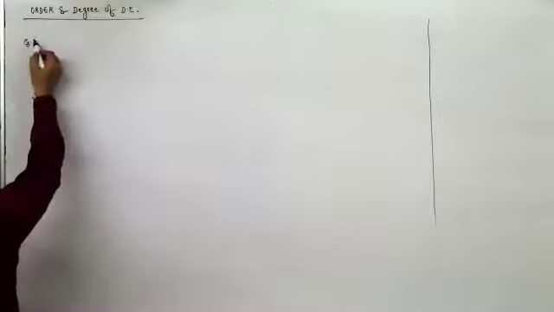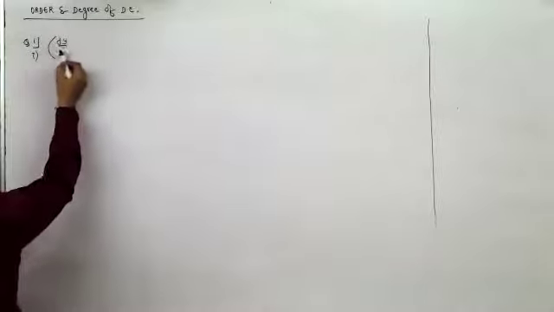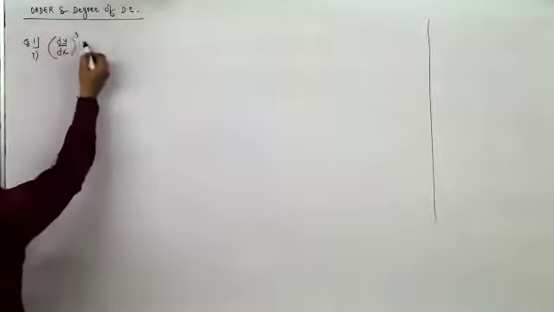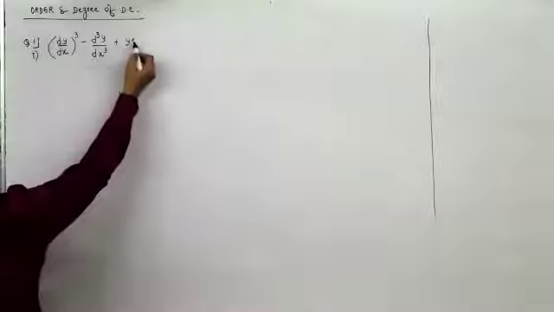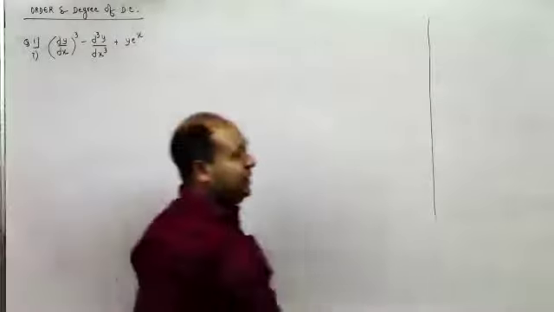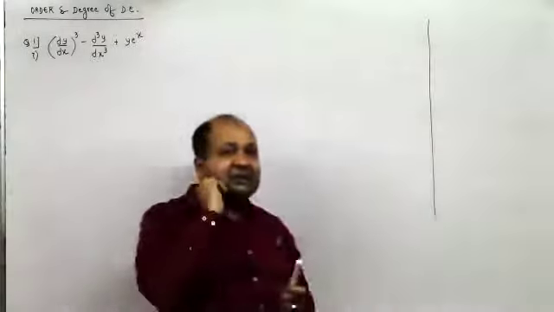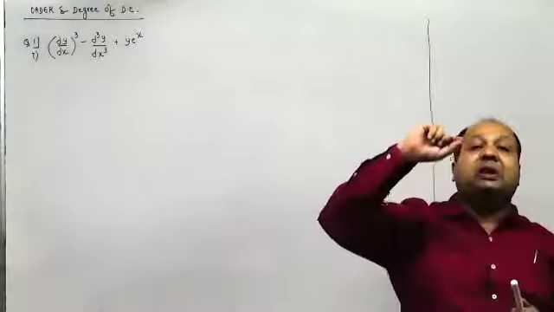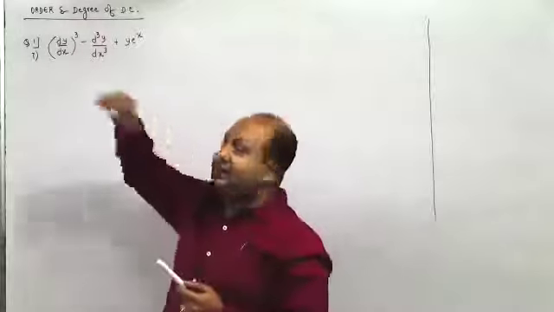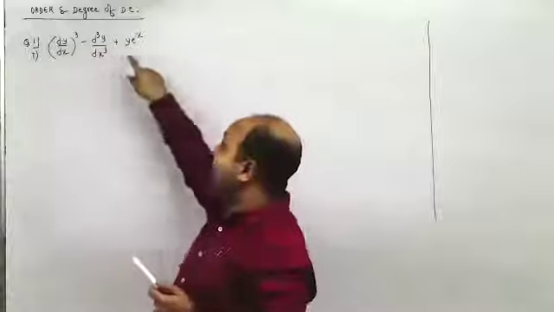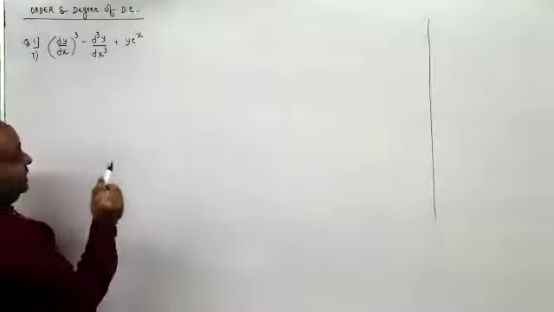First one, question 1, seventh part. You have been asked to find the order and degree of the same. Now remember, to find order and degree, you will have to first write the equation which is free of negative index or fractional index. Here, there is no negative index, there is no minus sign and no fractional index. So when the D is written free of negative or fractional index, we can write the order and degree.